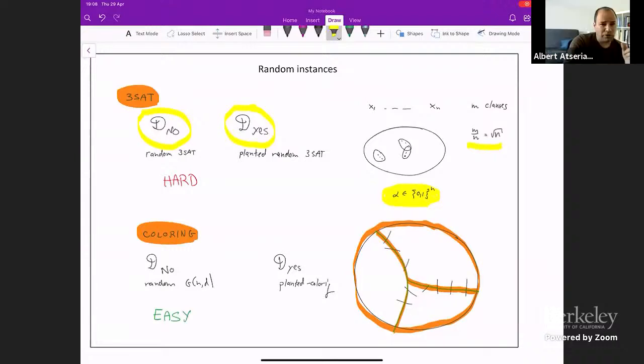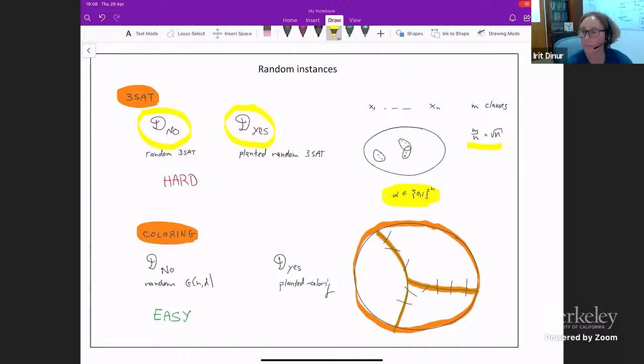Any more questions? One question is that the 3-SAT planted distribution will be quite biased, so the signs of the literals are going to be biased towards the satisfying assignment, no? You're right. I'm not an expert in this, and I think to avoid this, usually people look at not-all-equal SAT so that you avoid this bias issue. I don't want to get into the details, and I'm not an expert on this, but thanks.